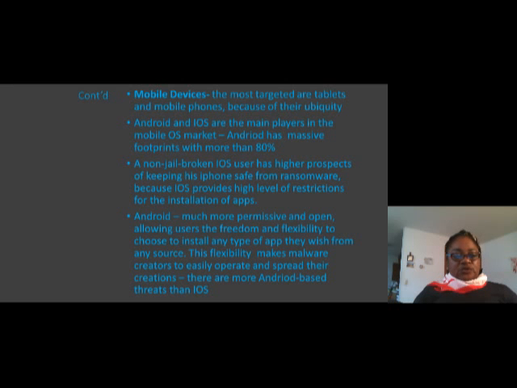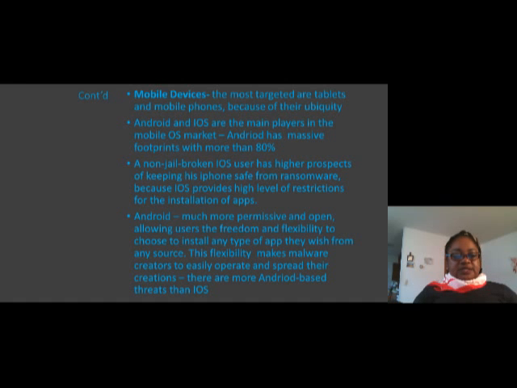A non-jailbroken iOS user has higher prospects of keeping his iPhone safe from ransomware because iOS provides a high level of restriction for the installation of apps, whereas Android is much more permissive and open, allowing users the freedom and flexibility to choose to install any type of app they wish from any source.